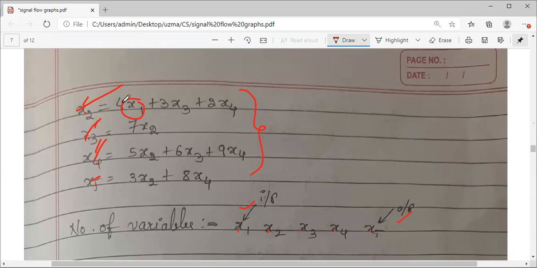Okay. After this, the difference between the previous example and this example is, earlier the gain and transmittance values were general, small a, but here in this example they have numerical values, 4, 3, 2. So whatever gain value is given to that particular branch, instead of that small a, you write whatever value is given in the equation. So try this problem and you can just verify it with me. Okay.